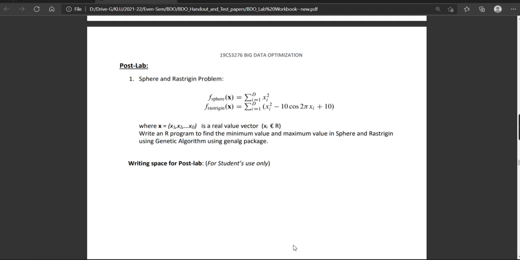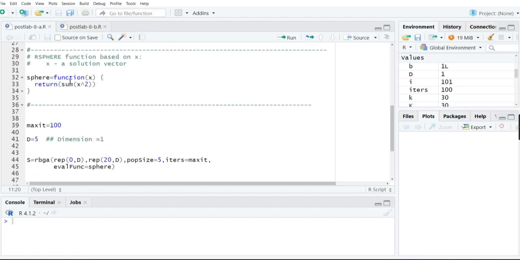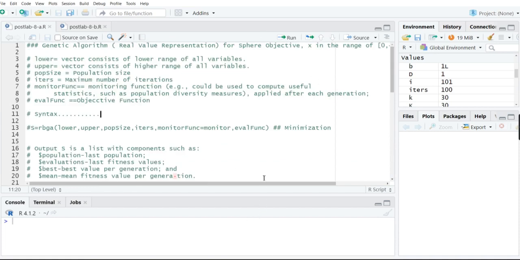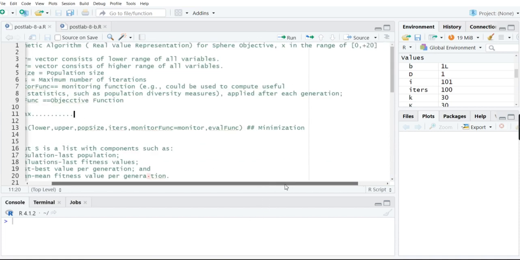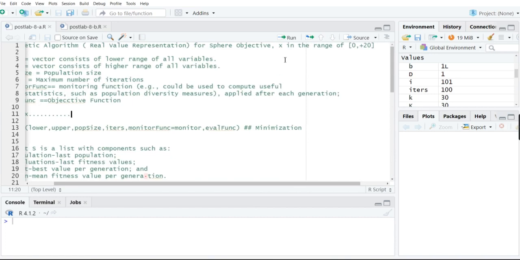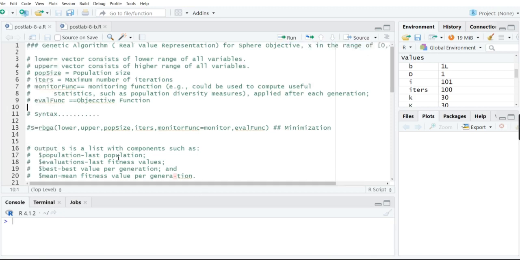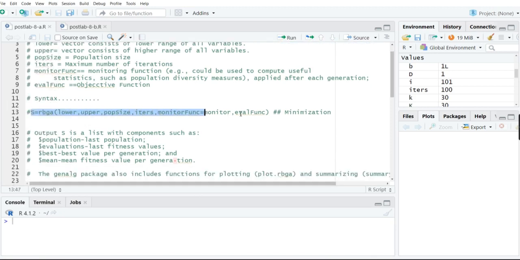So let us go directly. First we will solve the sphere problem using genetic algorithm. Since we have already discussed this, let us fix the range for optimization of x as 0 to 20. So let us see the syntax. This is the syntax